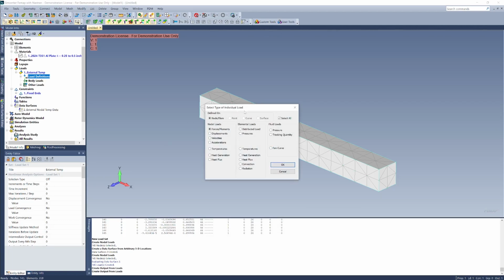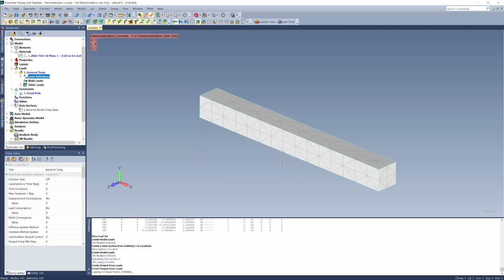And so right now it's going to select the type of individual thermal loads. So for temperatures, it's going to be nodal temperature load. If this was pressures, for example, from a CFD analysis for fluid flow, we'd select that right there. We'll just go ahead and click OK. And it's created this, we can see in the message window, it's created an output vector